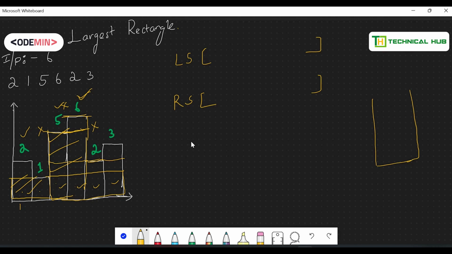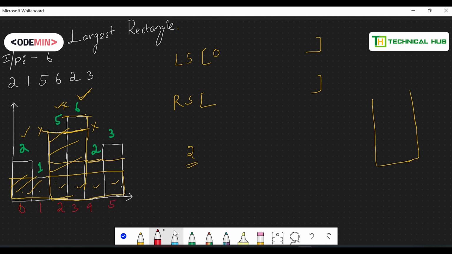Okay, now let me take the first element 2. For 2, once I'm trying to look towards its left, I don't have any element, right? So simply I can put a 0, because for 2 there is no next smaller element. It stops at 0 index. So why don't we write the indexes so that they'll help us a lot.